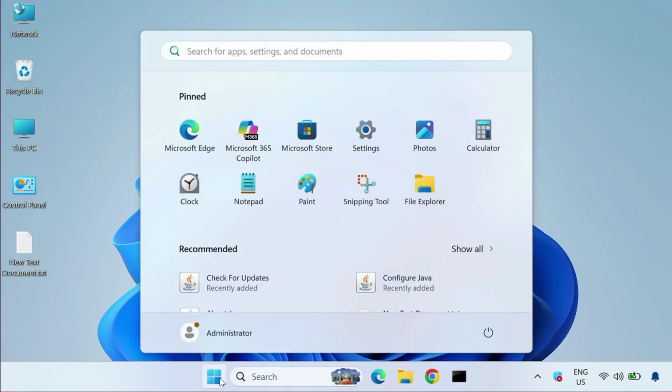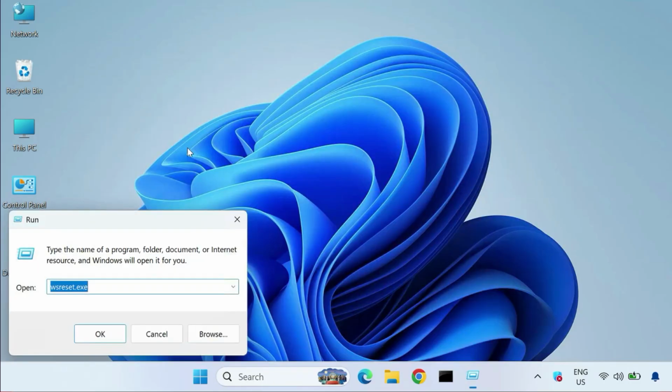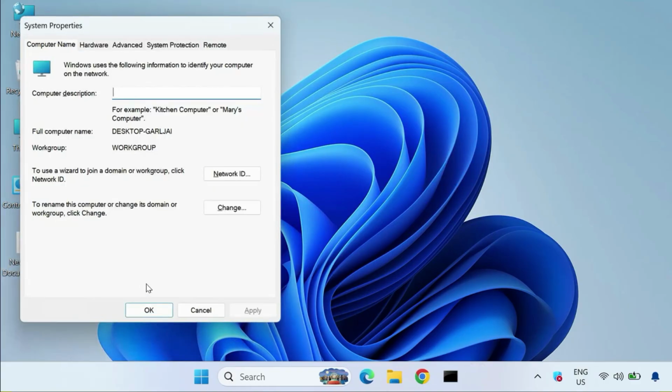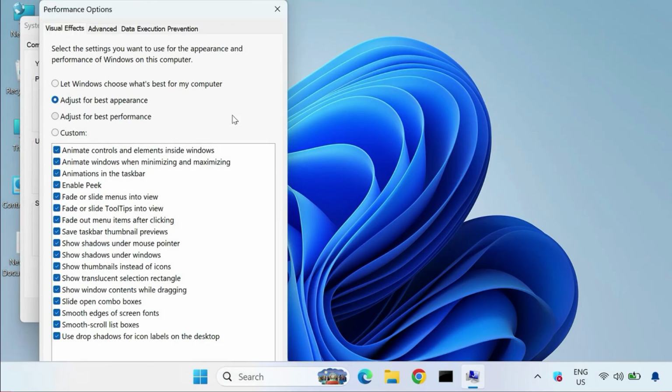First method, click Start, type Run, and then open it, and then type sysdm.cpl and then hit Enter. Okay, and then click the Advanced option. In the Performance section, click on Settings and then click the Advanced tab,